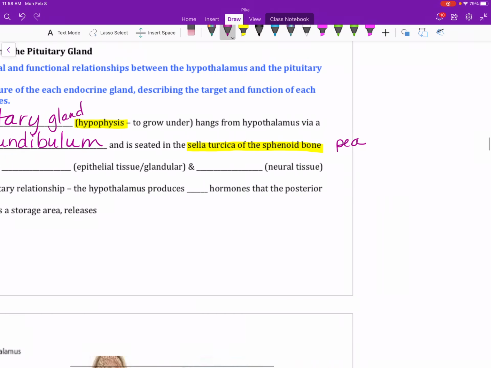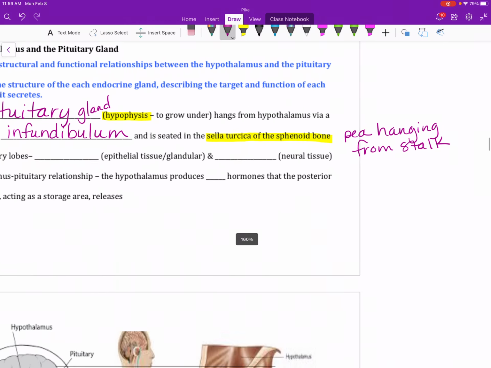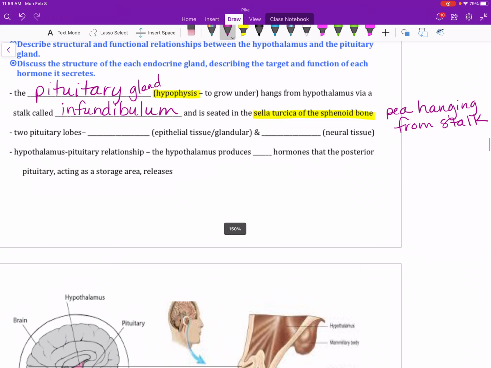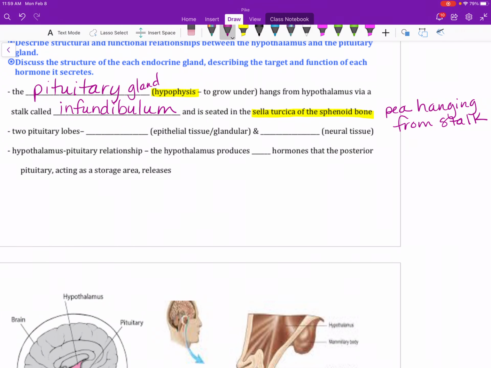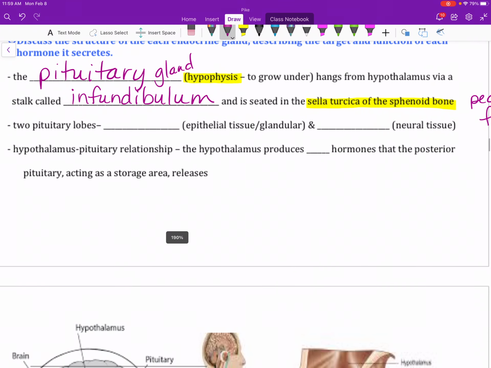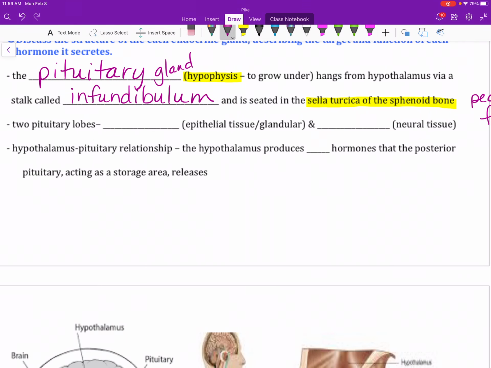So what it really looks like is a pea hanging from a stalk. The stalk is called the infundibulum, and then the pea itself is the pituitary gland, and we'll look at it in a picture in just a second. The pituitary gland is actually made of two different lobes, and those two lobes are made of two different types of tissue. So we're going to start off looking at the front side, which is the anterior lobe